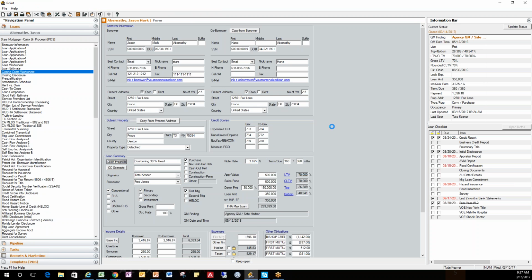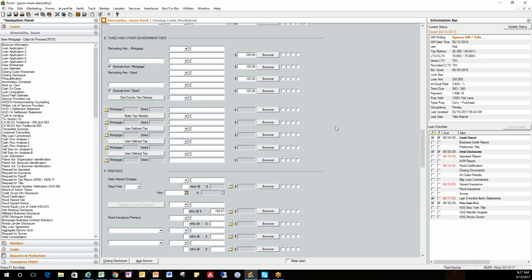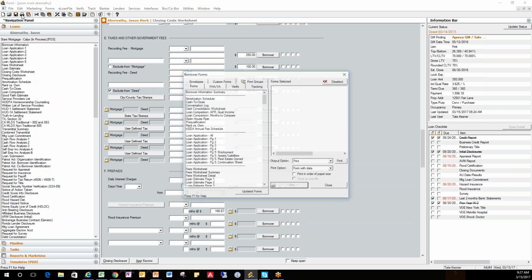Controls worksheet. Scroll down to E. Here's where we're talking. Right here in this section is where you can click to exclude. If I uncheck that one, I'm now going to have $350, and this one will be $100, but the total will still remain. I go to my print,